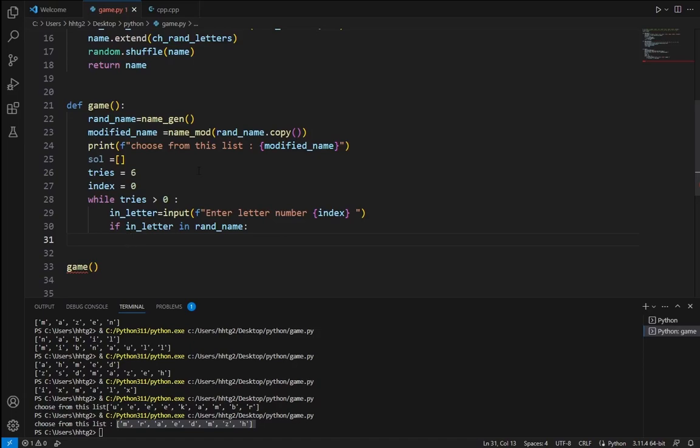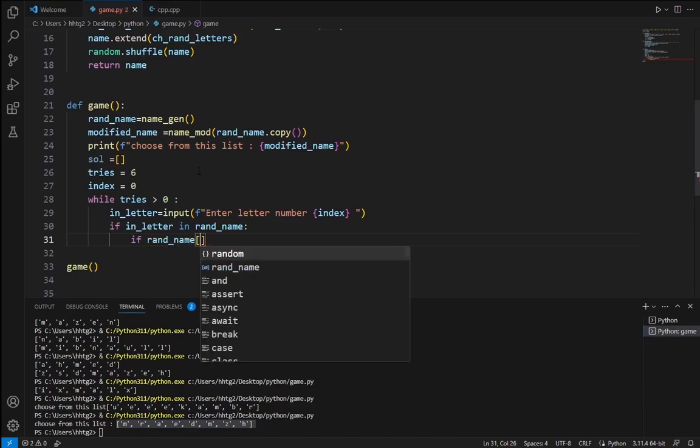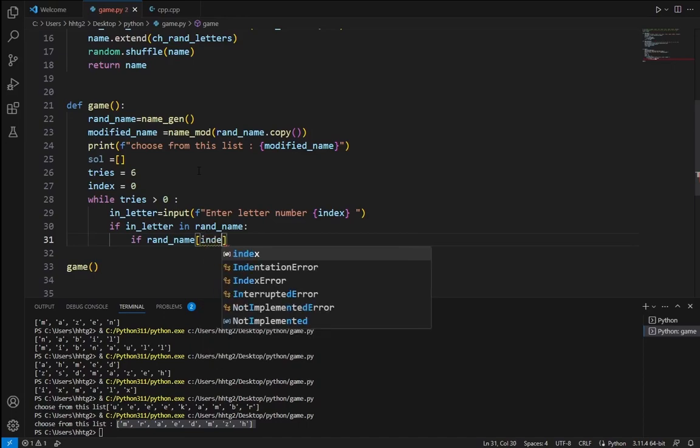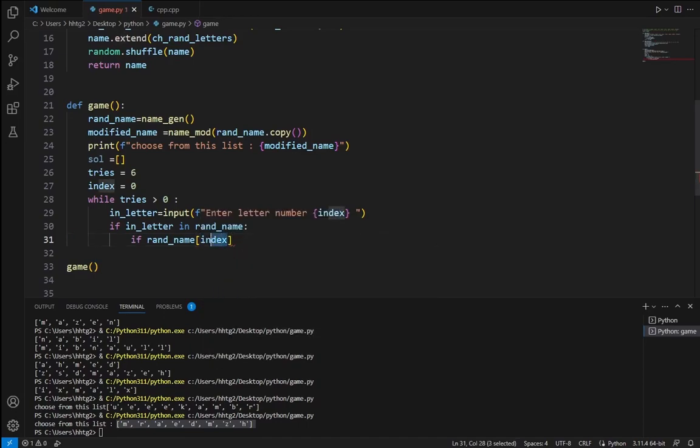After checking if the letter is in the random name list or not, we will check for the position of that letter, if it is the first or the second and so on. So now we will use the index for the second time. If the random name element at index here, so this is gonna be the first element in the random name list, as reference, is just equal to the n letter,